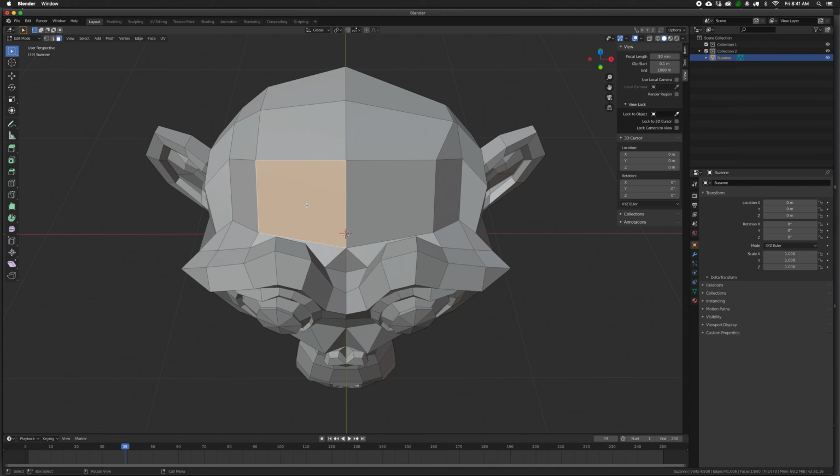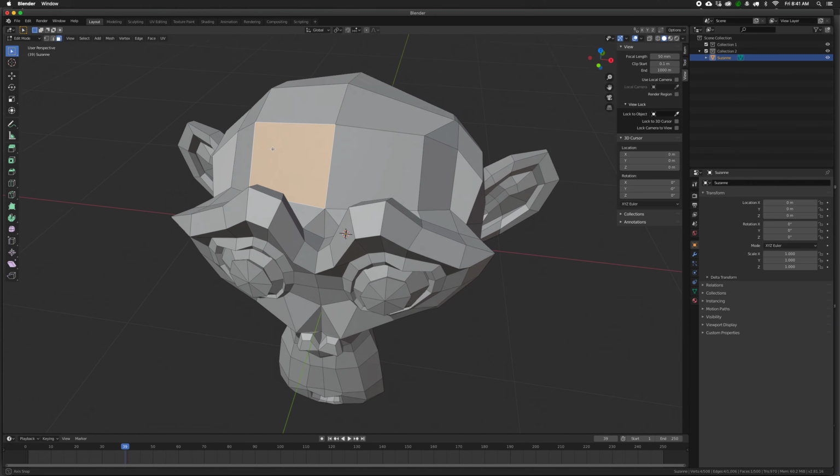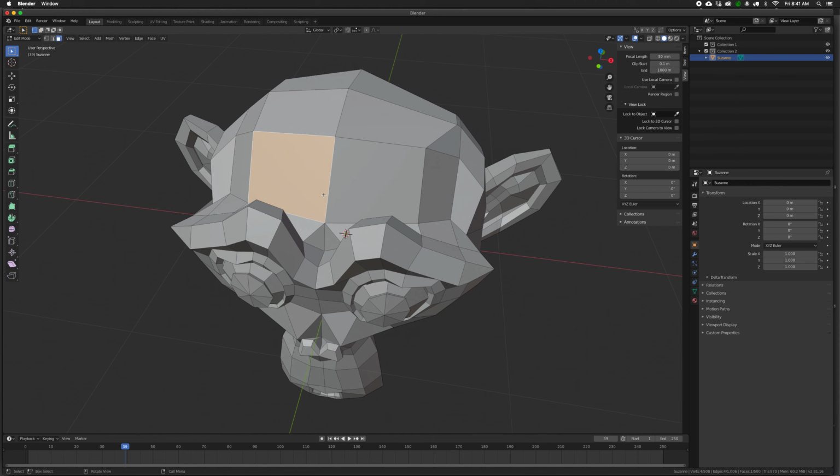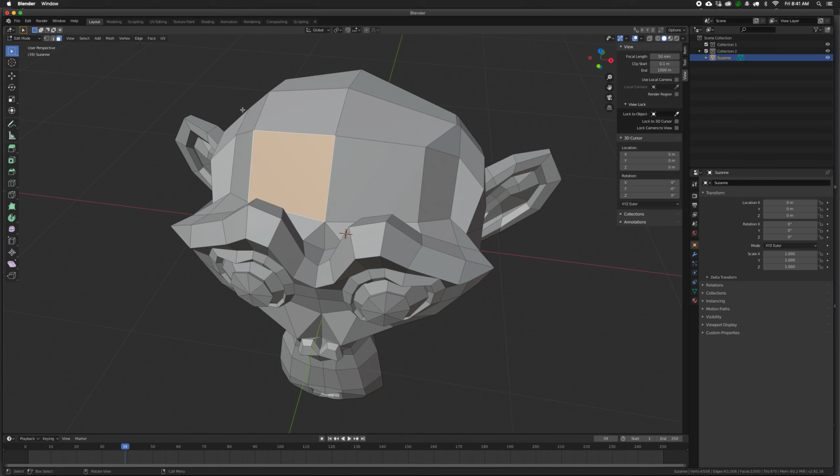So in face mode, hitting 3 on your keyboard or clicking up here, choosing a face. There's a few cool options with face mode. One is called inset faces. So if you go up to your face menu up here, the shortcut is just the letter I. Now insetting the face will allow you to